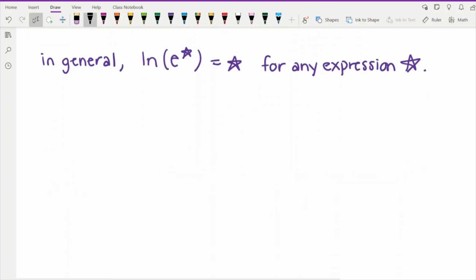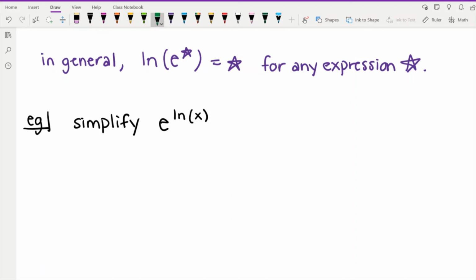All right, one more. So this one's a little bit different. In this case, we're going to simplify e to the ln of x. So this one's a little bit trickier, and it's a little hard to explain in words. It just kind of gets confusing, but bear with me. So if we have e to the ln of x,